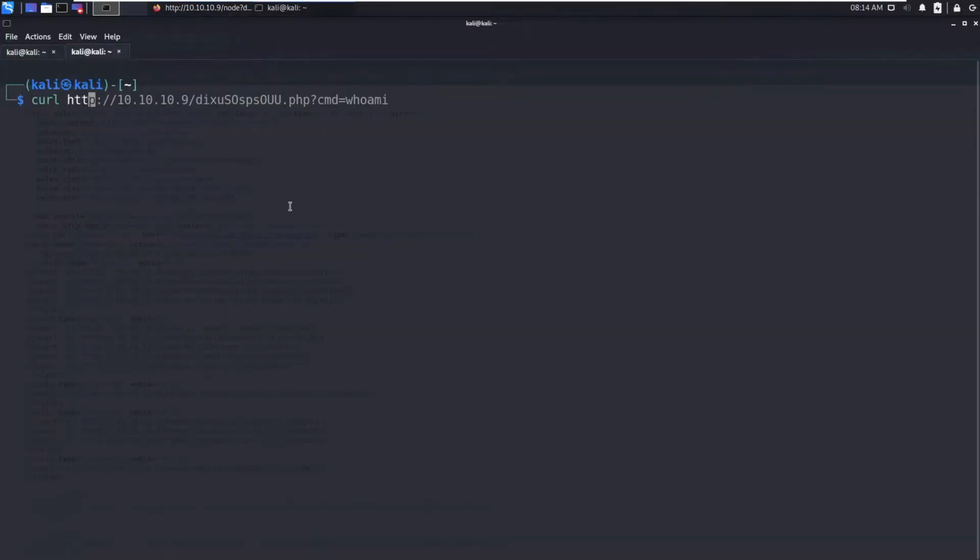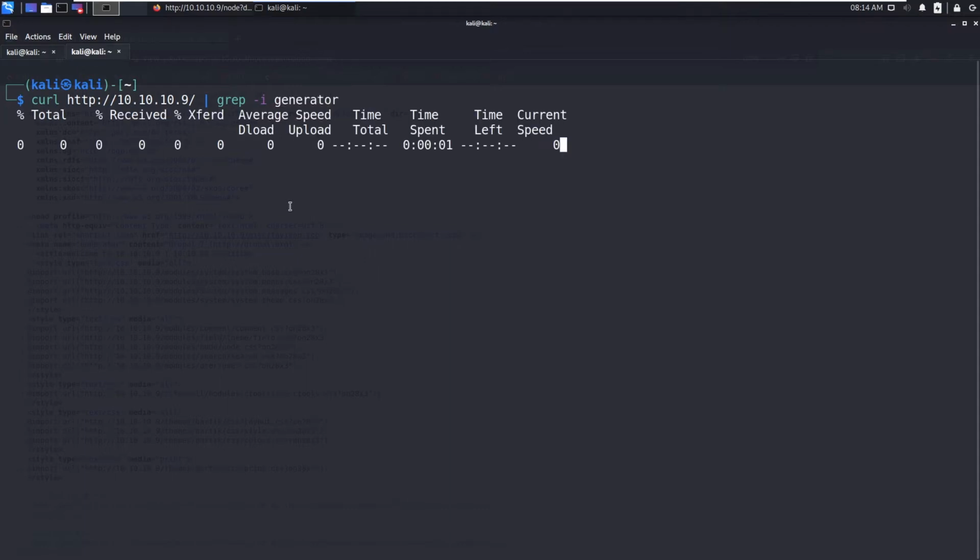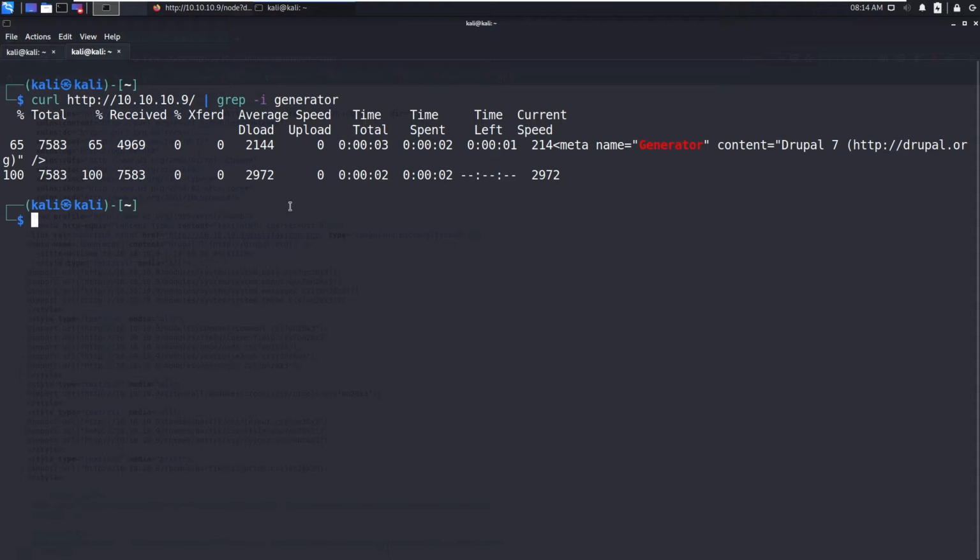So you can say curl, and in that grep, let's say ignore case, and let's say generator. Now you can see meta name generator content equals Drupal 7.